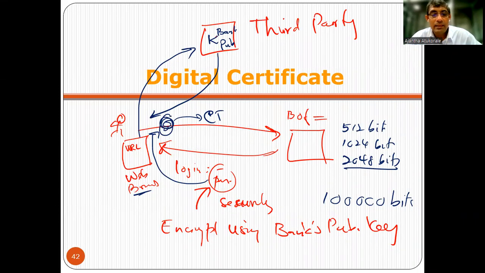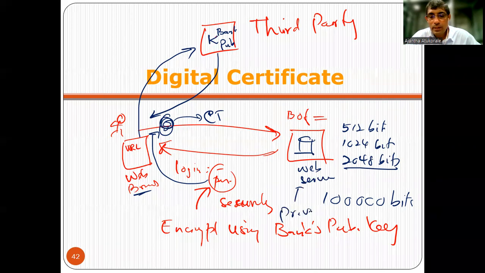Whatever the key length, it is all done by your bank, and then it comes. The bank has a bank web server now. You go talk to the web server now. The web server has the private key. Don't go and check that. You won't be able to, because they have securely put that, right? So that's how they are opening it, so that it allows you to log in, and thereafter it allows you to do the transaction. That same thing Gmail does. Same thing any HTTPS does, right? So that's what we call